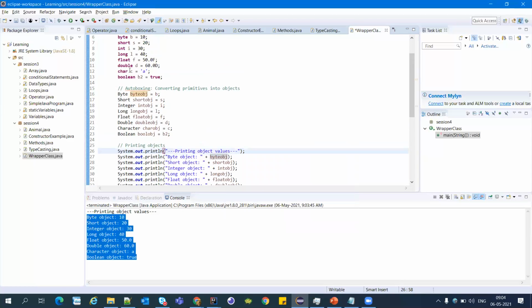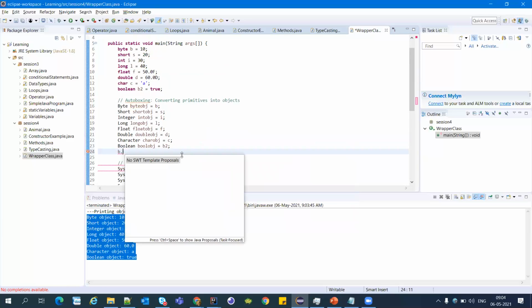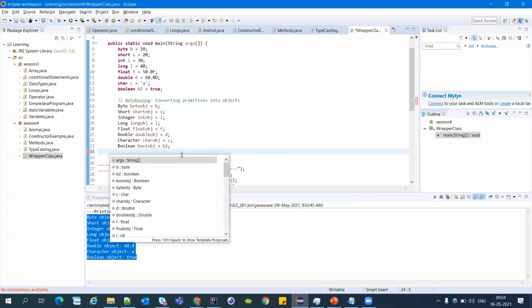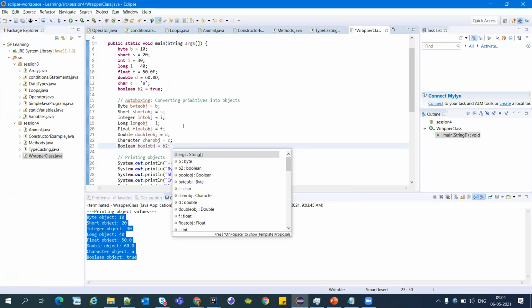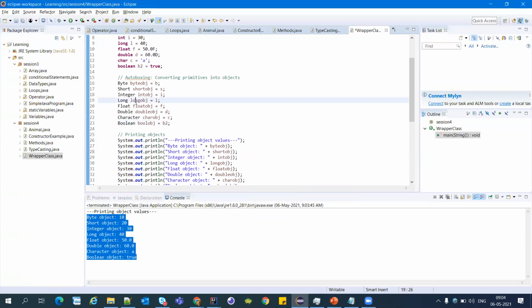But for primitive data types, we don't have any such methods. If I show you p dot, it doesn't populate any methods. So this is the benefit when we do AutoBoxing. It is AutoBoxing when we convert the primitive data type into the object.